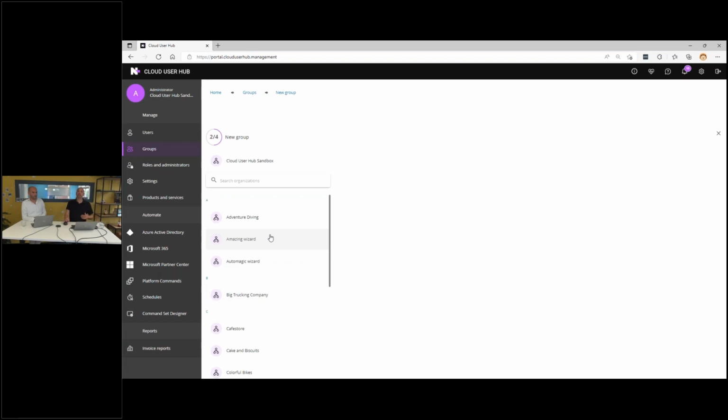Now you can see that the multi-tenancy is being presented in a different view. These are all the customers that I, specifically me as a user, am allowed to manage. I told you about the fine-grained roles and capabilities, and I'm going to show you that later. But it's not necessarily all the customers that you see over here. Only the customers that you're allowed to create groups for. And that's a very important aspect as well.